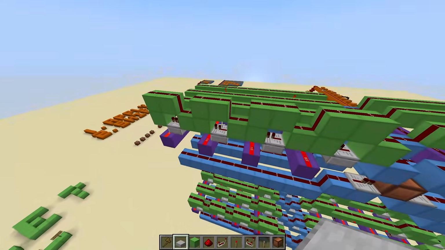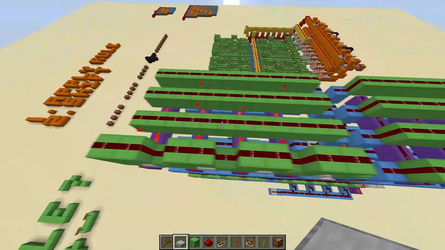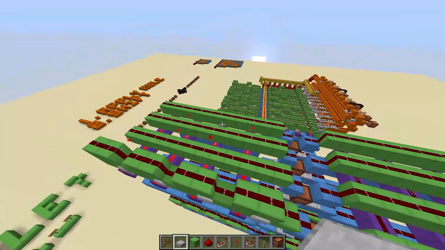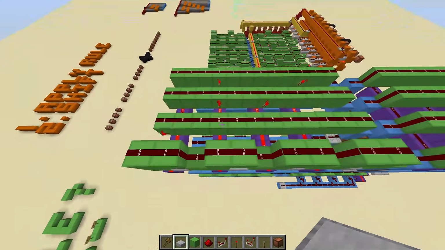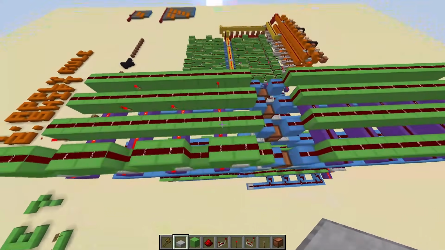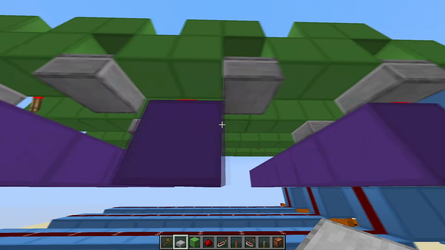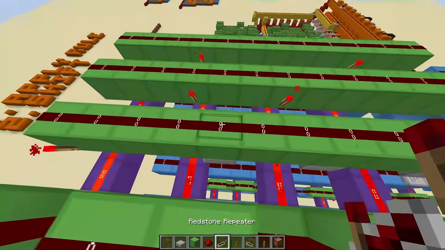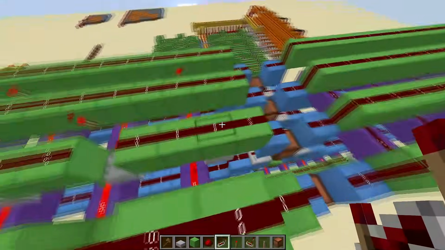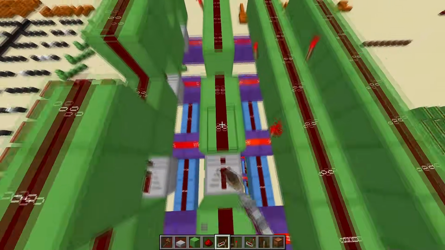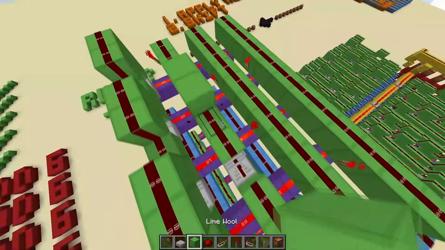So now we're going to take this same repeater concept and put it above every single purple line that doesn't have a torch above it. So for this second line, we need them here, here, and here. So I'm going to go underneath and put a slab there, there, and there. And then same thing as before, punch out the blocks, repeaters, blocks on top,